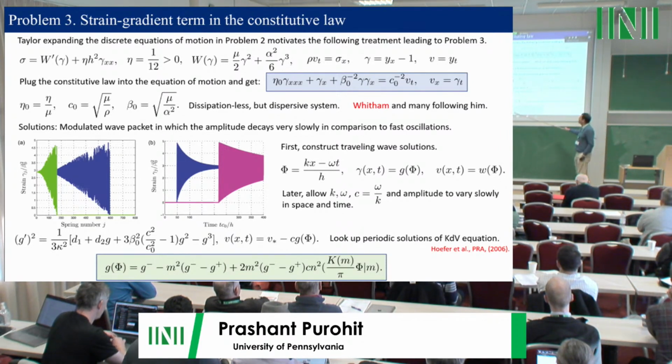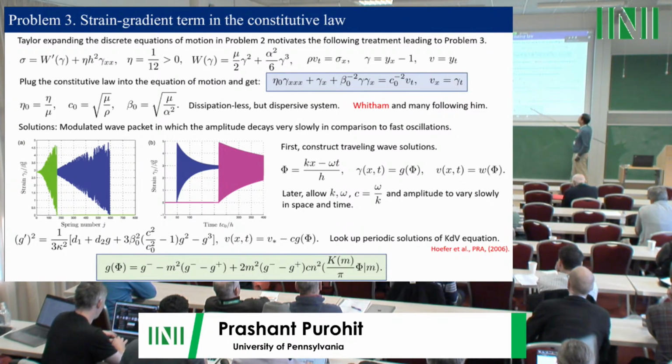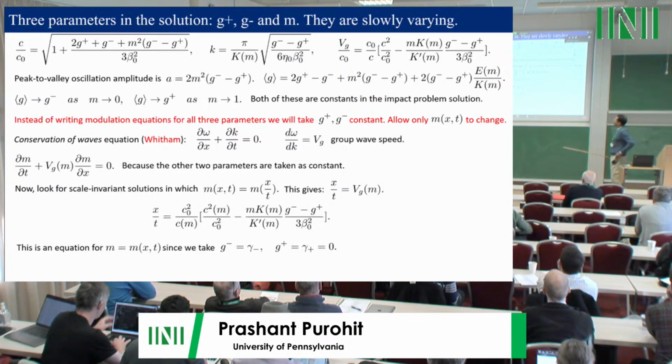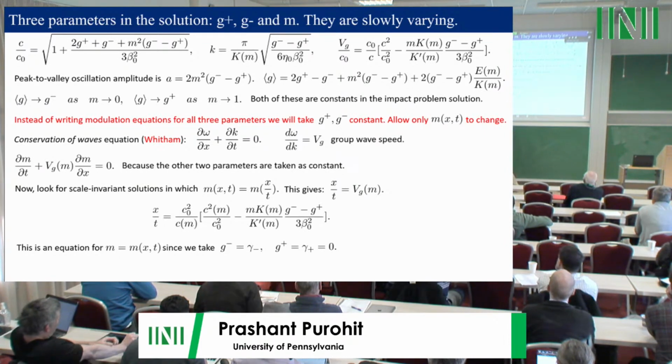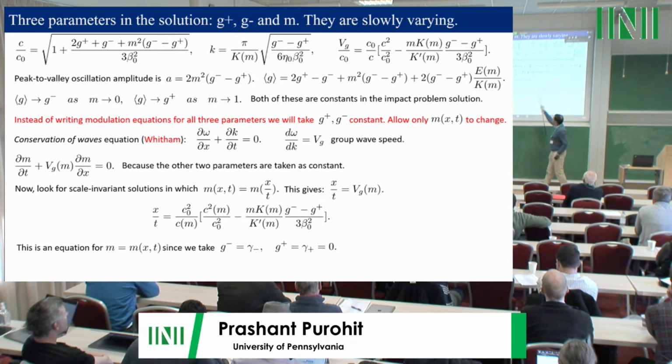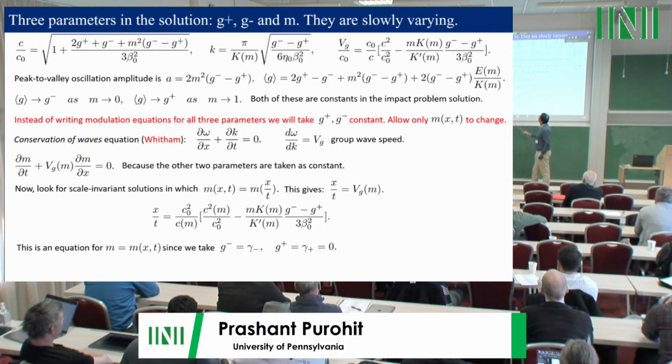And there are some parameters that enter into this solution. There is a g minus, there is a g plus, and there is the m parameter, which determines the oscillation frequency of this cn function. Okay, what do we do about those parameters? You can write various quantities like the speed of the shock wave in terms of g plus, g minus, and m, and those are summarized here. The group wave velocity can also be written in terms of these parameters. The amplitude of the oscillation is related to that m parameter and g minus, g plus.